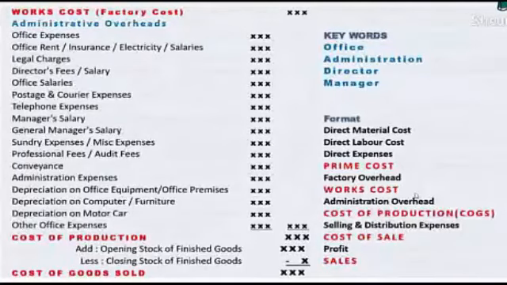Now, like this, multiple items are possible to be given to us. The ultimate purpose is that all other office expenses are administrative cost. So when you take the total of all these administration costs, we get the total. Works cost plus total of administration overhead is called cost of production. Add opening stock of finished goods, deduct closing stock of finished goods. The ultimate result is cost of goods sold.